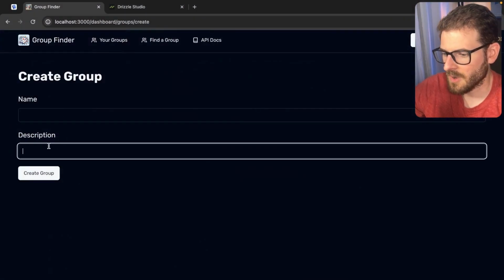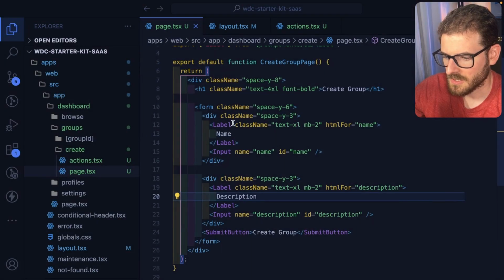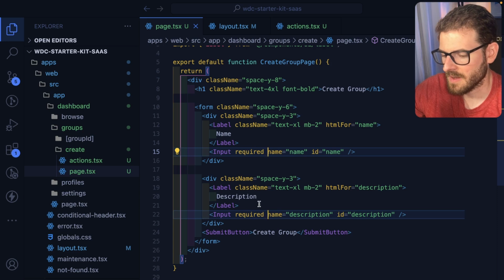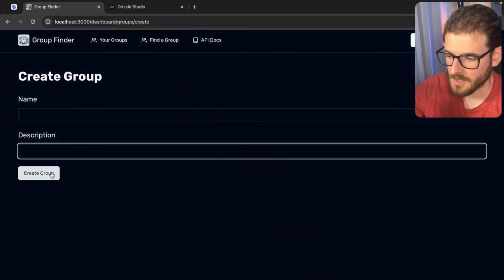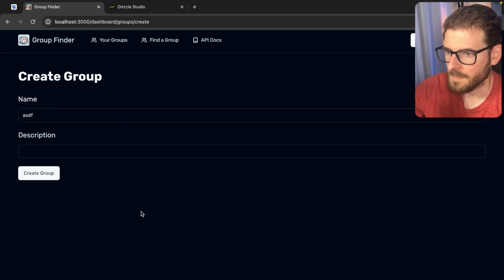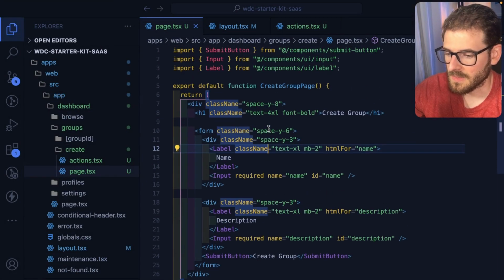Now these things are going to be required, okay? So let's go ahead and just on the input itself, here and here, we'll say required. I'll use HTML5 validation for right now to keep it simple. So when I submit this, it'll say, please fill out this form. It says it over here as well. But there is one thing that I've been doing in the starter kit, which is when this form is submitted,